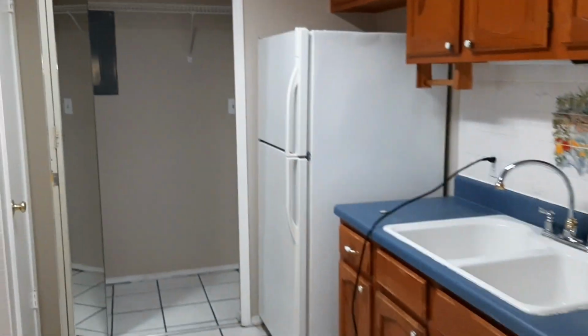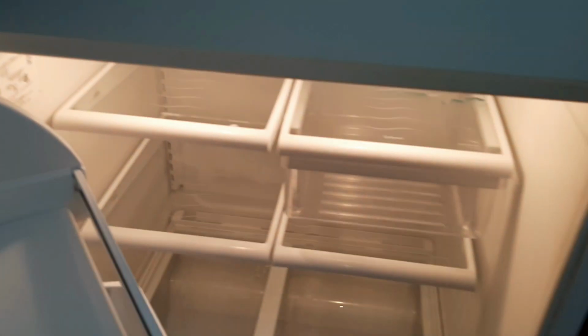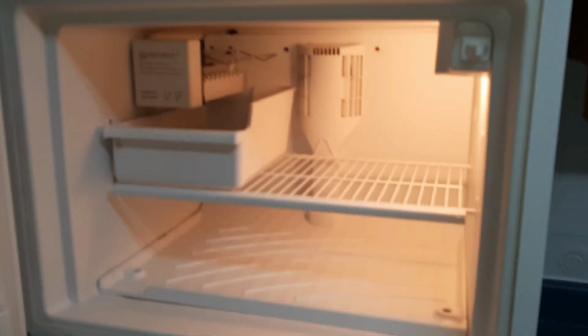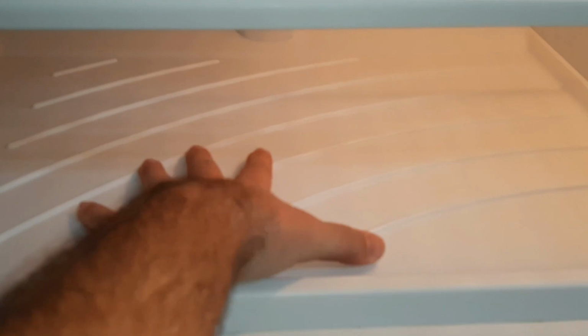So we walked in the unit here. This is the refrigerator. And I already noticed a little spot there where it has been leaking. Come in here and sure enough you can see water right here. So what that tells me is that this drain, and this is going to be one of the little fun ones, there's probably going to be a lot of water that's come up here, and we're going to have to